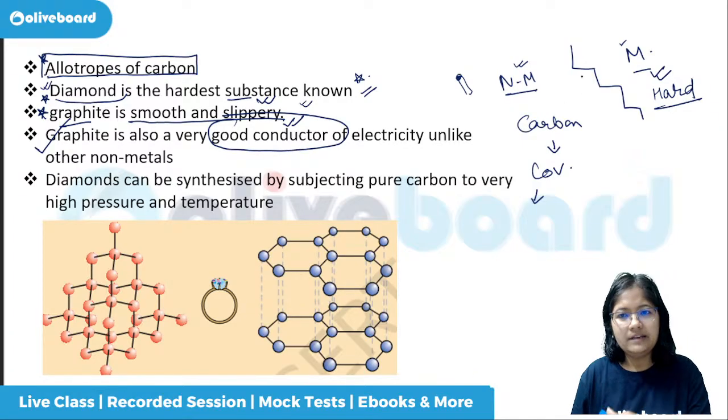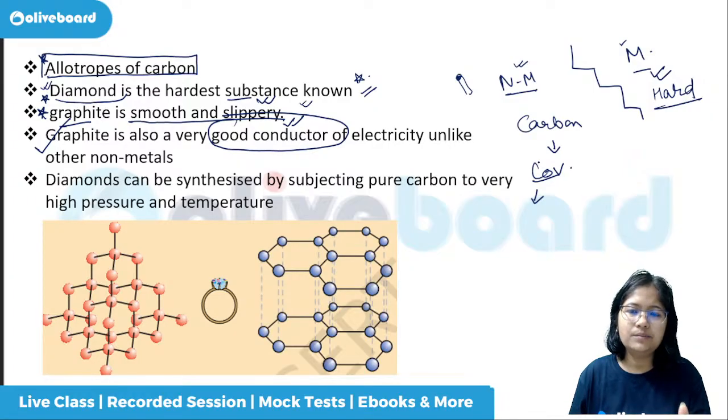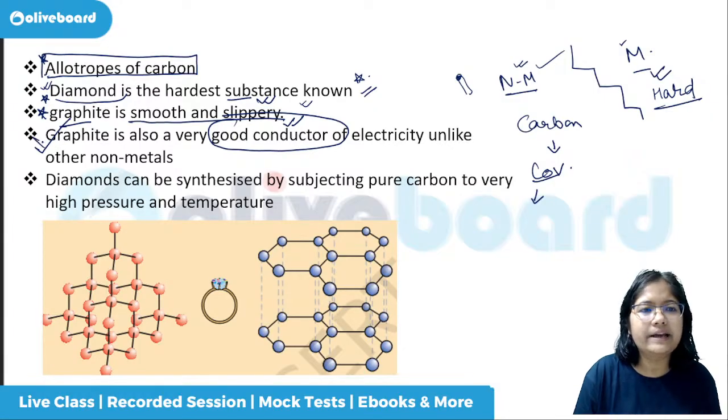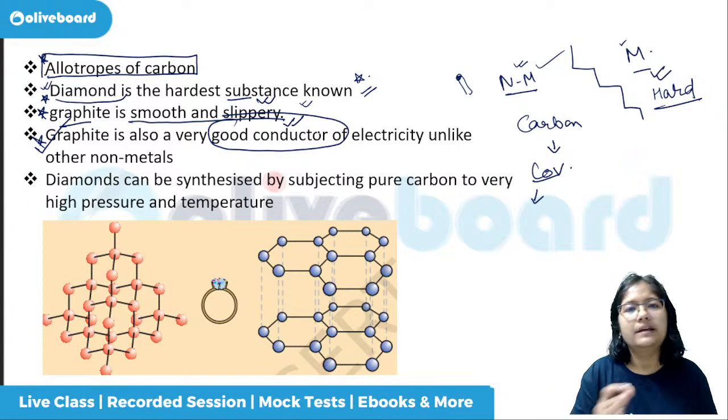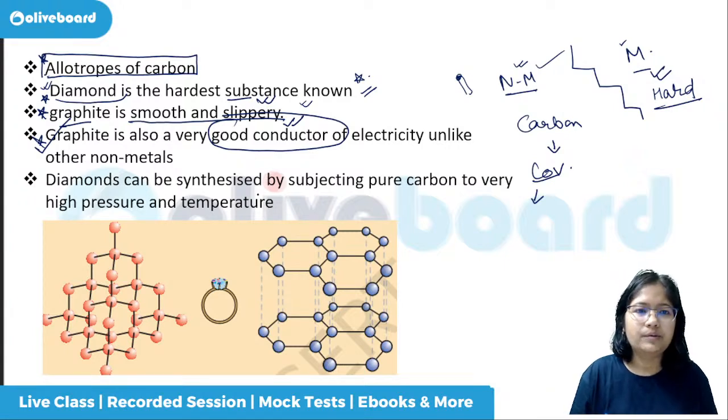But again, be it from the point of view of covalent bonds and ionic bonds, or from the point of view of the periodic table, carbon and its compounds should not be good conductors of electricity. They should be poor conductors of electricity, right? But graphite is the exception. And again in the exam, wherever these exceptions are coming, they are important for your exam. Okay. So graphite is a good conductor of electricity, right?